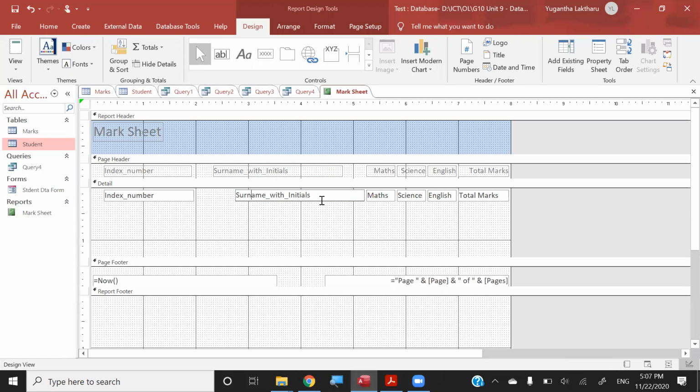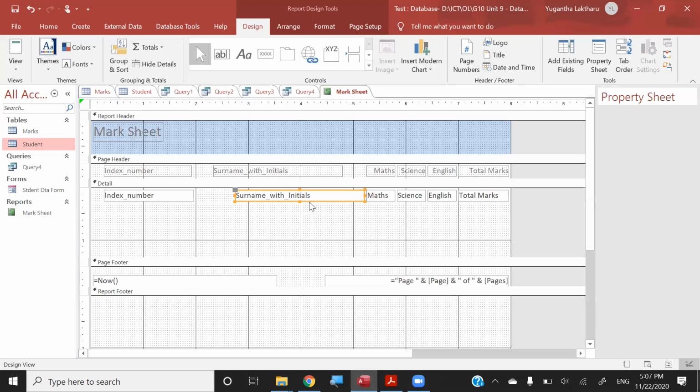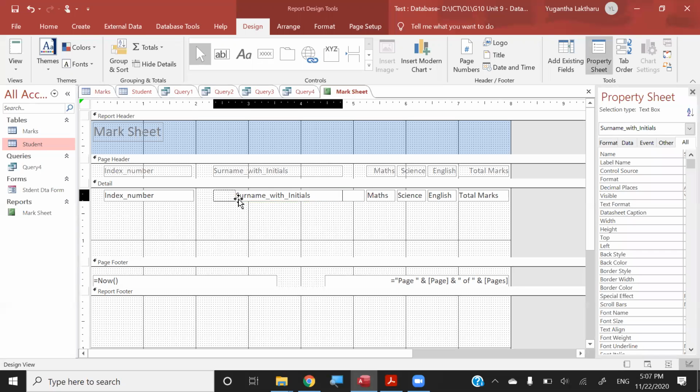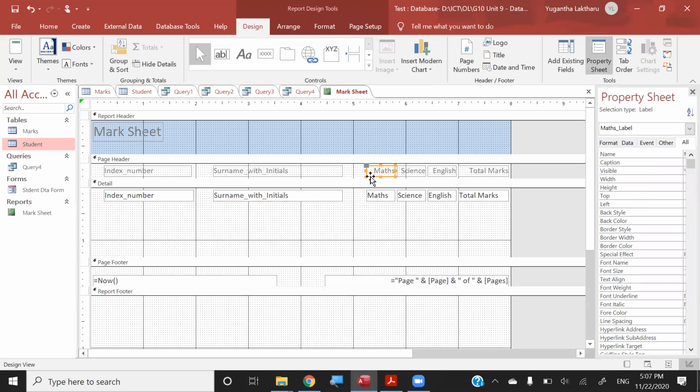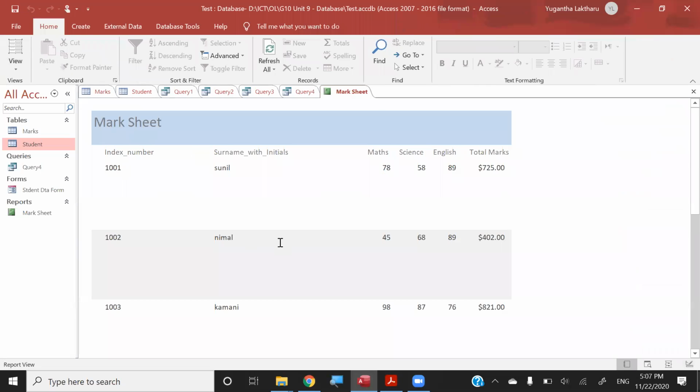So you can do many things, right? So it is up to you. Just search it, right? Search it and see what you can do, right? So likewise, you can make your appearance better in the report form, right? Then you can preview how it is,